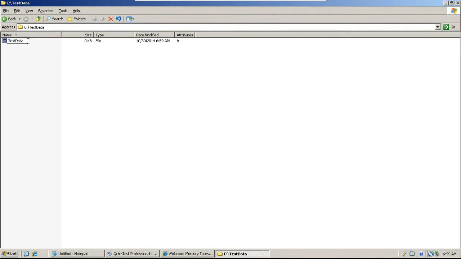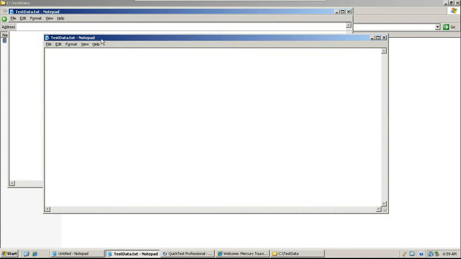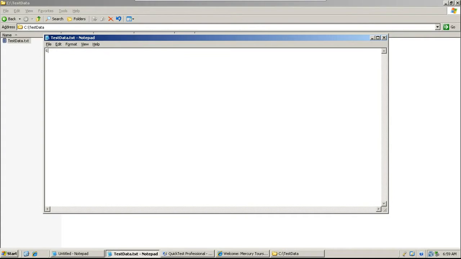You have to put the extension explicitly. Now in this file you have to enter your data. I am going to use the same example, Sangam comma Sangam.